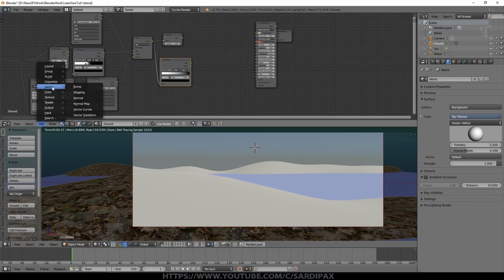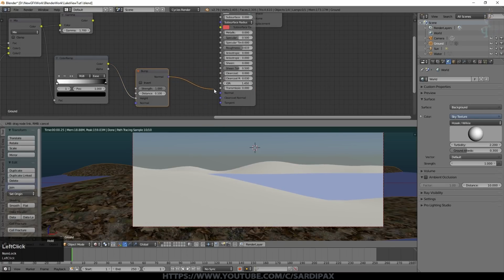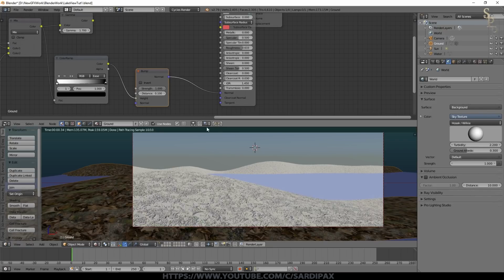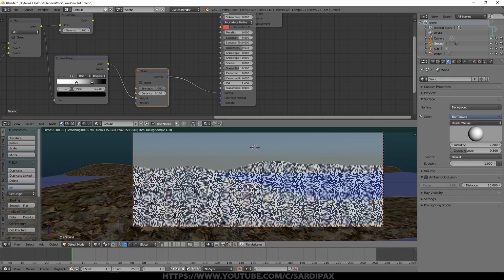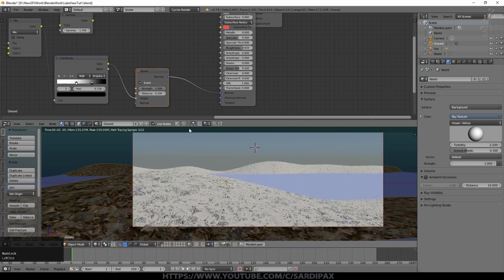I'm going to add a vector node, which is a bump node, and the colour output goes into one side of there from that colour ramp. And then the output of that colour ramp goes into the normal input over here. And immediately you can see we've got some texture appearing. Go back to B-spline for this one now, I think. And all I'm really doing here is selecting what parts of the texture are being used to create bump. So at the moment it's probably using the lighter parts, so I can either swap over my colour ramp or just invert the bump, and that turns it round.